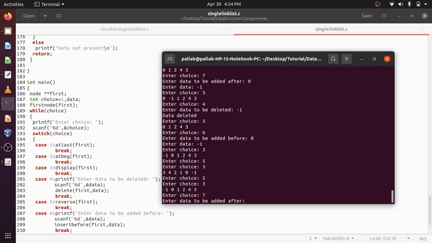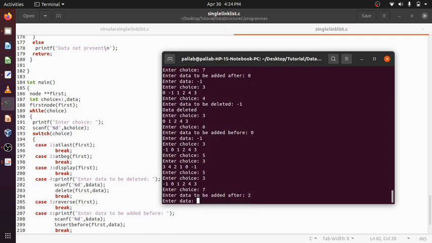Insert after 3, suppose I want. After 3, in the middle I will do. Insert after 2. Enter data 5.